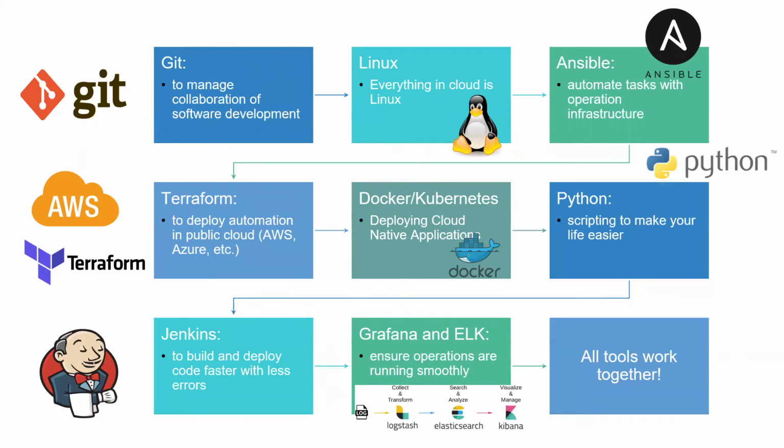Jenkins. Jenkins is the janitor. Basically, it is the one who orchestrates everything. Grafana, ELK: pretty much, you need a monitoring system, right? You need to know when your furnace is leaking. Like in your house, you put those carbon monoxide detectors. So these things you need to put everywhere.